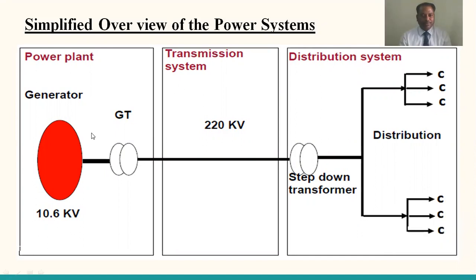In the generation system, as we already discussed, 11 kV or 22 kV generators generate the electrical power, and those voltage levels have to be stepped up and transferred through the transmission system, and then utilized in the distribution system. In the distribution system there is a step down transformer, located in the distribution substation, and from this distribution substation onwards the power is transferred to the end consumer. The part between the distribution substation and the end consumer is known as the distribution system.